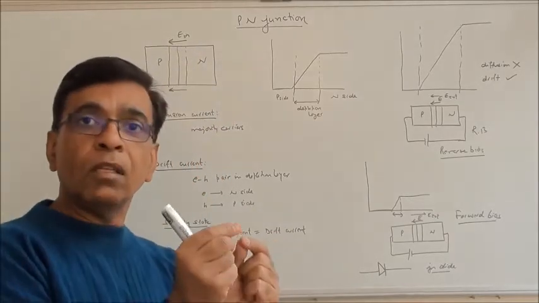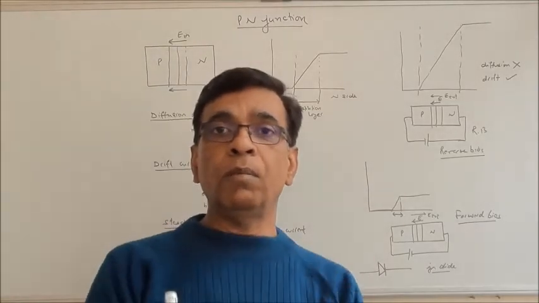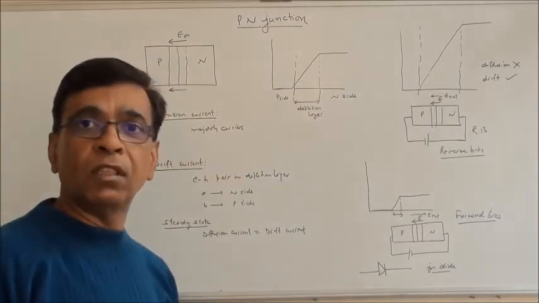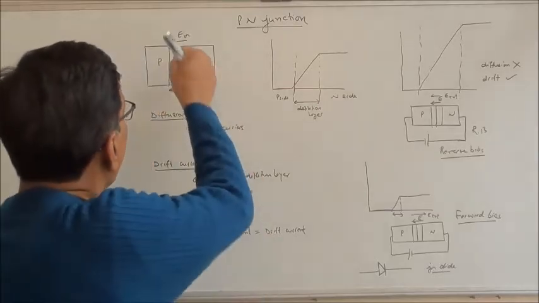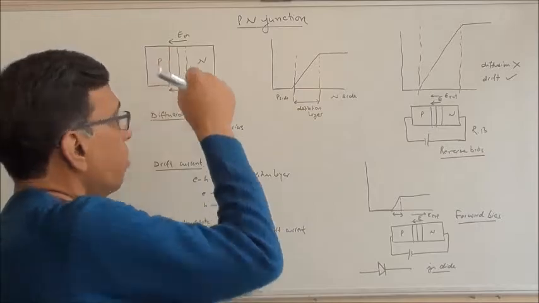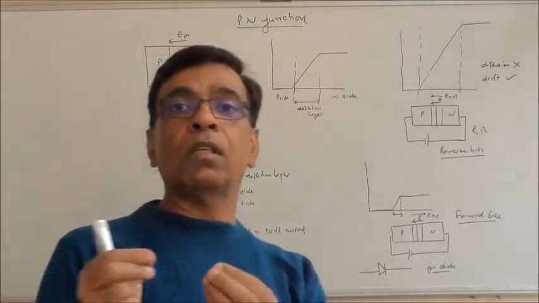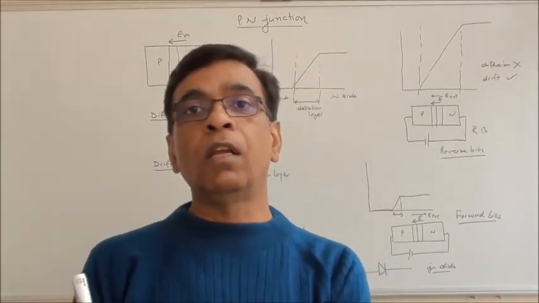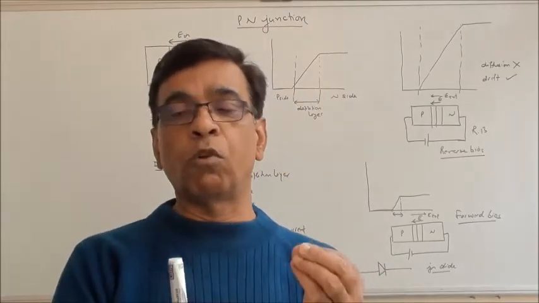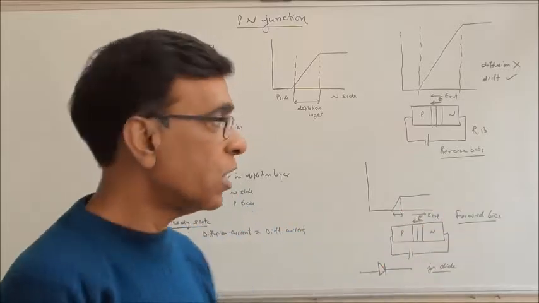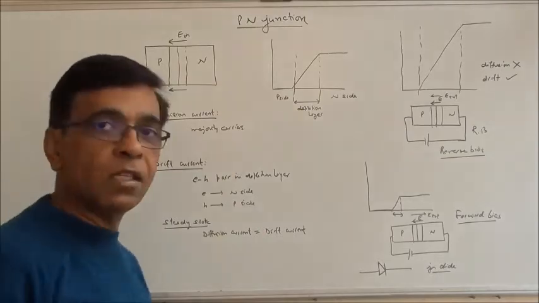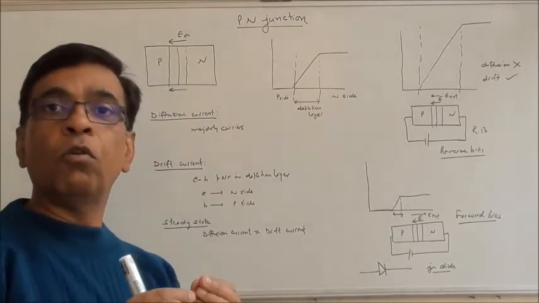But this will disturb the equilibrium state. If one electron is transferred here, there will be a change in the field. So how is this balanced, and how is equilibrium maintained at the junction in this depletion layer? There is another process going on side by side: electron hole pair creation. Due to thermal energy, a few bonds are broken, an electron is produced, a hole is produced. This is happening throughout, but if it happens in this depletion layer, an electron hole pair is produced.